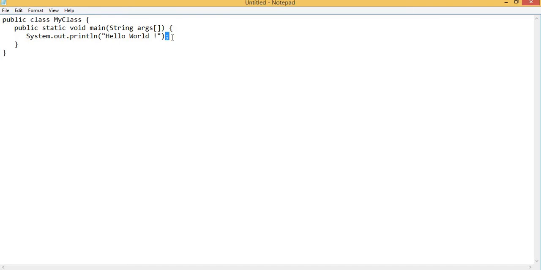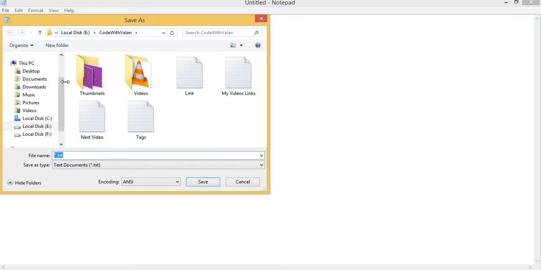So now this is our very simple program. I have written this code, and now I need to save this file. File, save as. I can save it in any location.